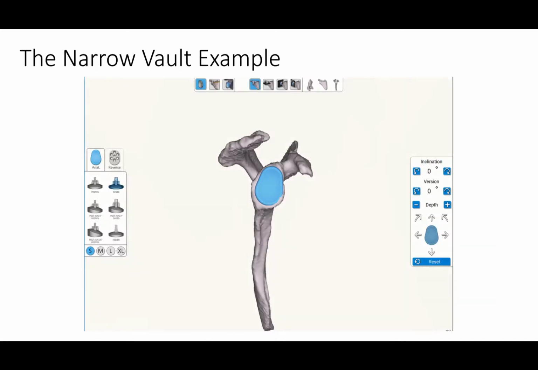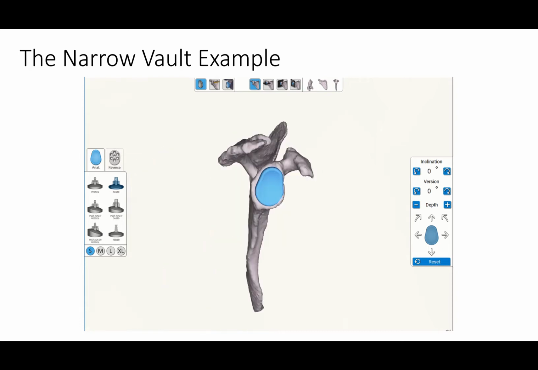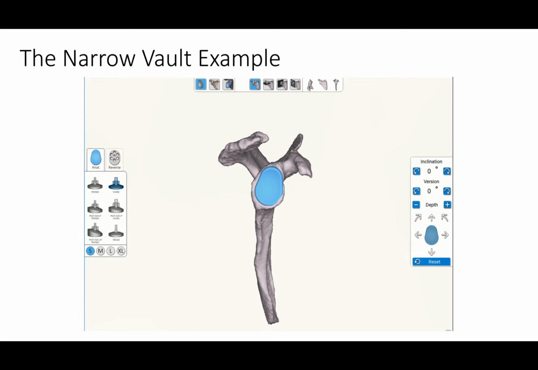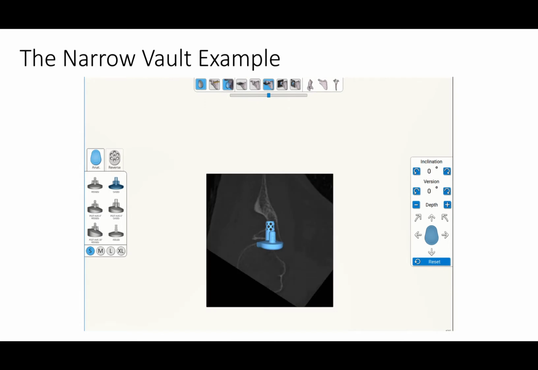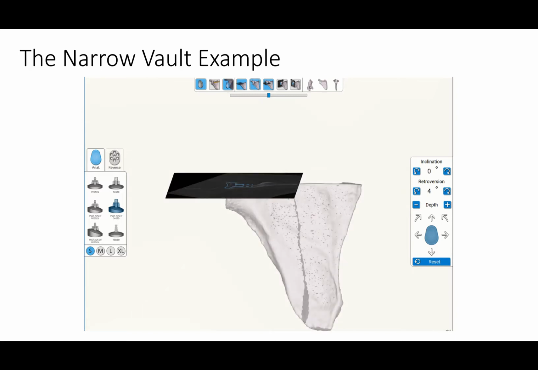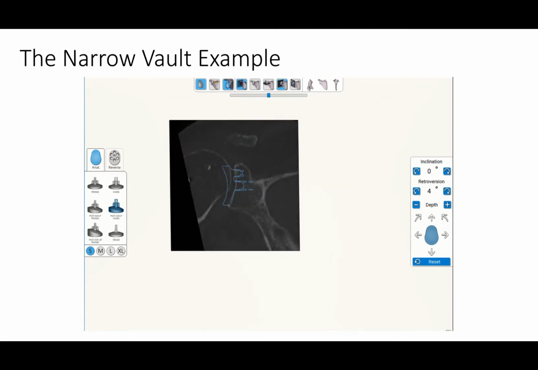Here's an example of a glenoid with a very narrow vault. This is a small component that has been chosen here, and you can see that the cage is penetrating the backside of the vault on these views. We can switch it to the two-dimensional view here, and again you can see the cage penetration into the spinal glenoid notch. We can then convert this to an 8-degree posteriorly augmented component and tilt this into retroversion to minimize bone loss. When we center this on the glenoid, you can see again there is penetration of the vault because it is very narrow, and we can then convert this to the